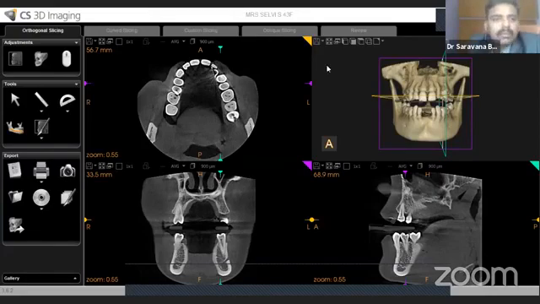Okay, here, once a CD is given, what the compiled data on the CD is called is DICOM data. As soon as a case is taken, that will be written in the CD. The CD will store the DICOM data. DICOM is digital imaging and communication in medicine. When you open the DICOM data in this CS 3D imaging software, it will open like this.